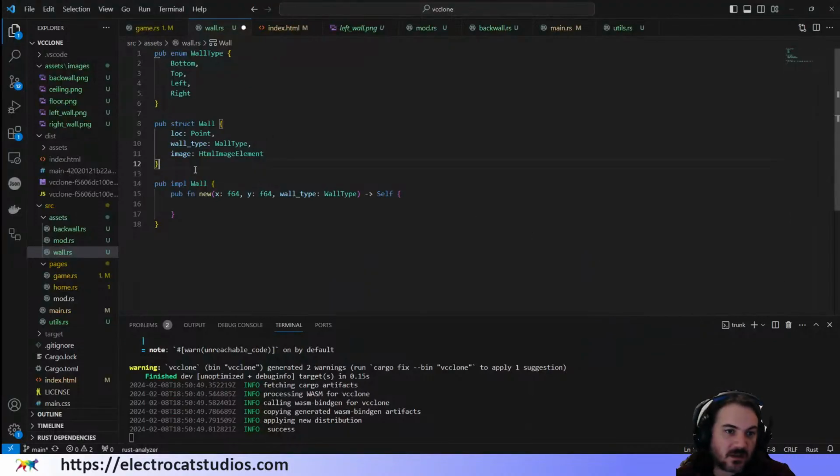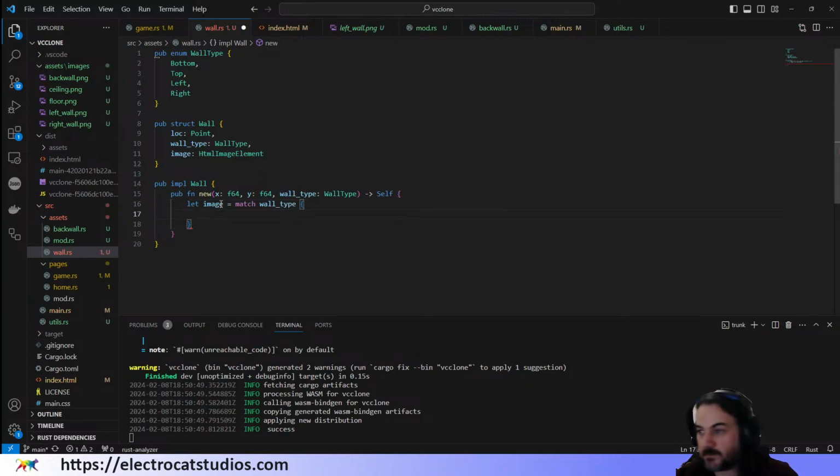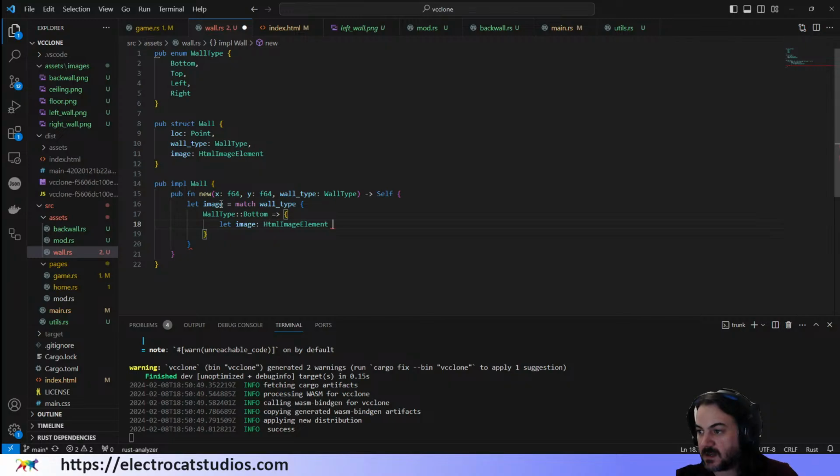Inside the new, we're going to do a let image equals match wall type in here. And if it's our wall type bottom, going to return an image, HTML image element equals HTML image element new dot unwrap,